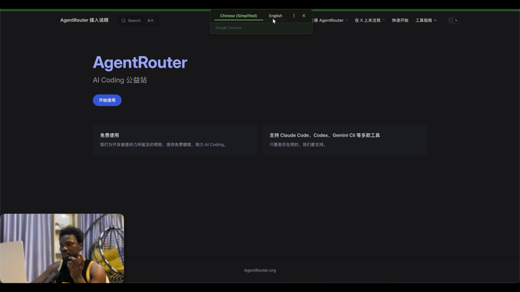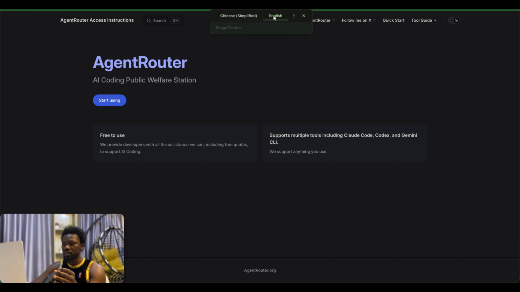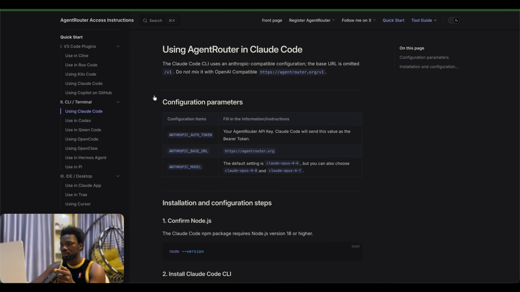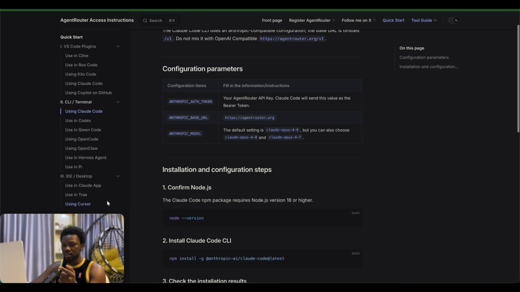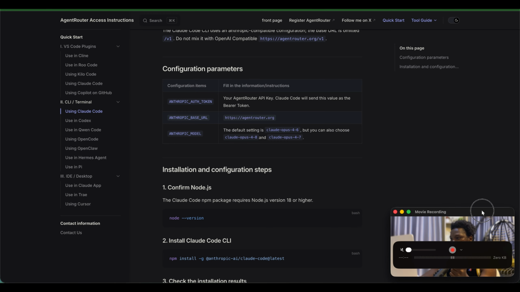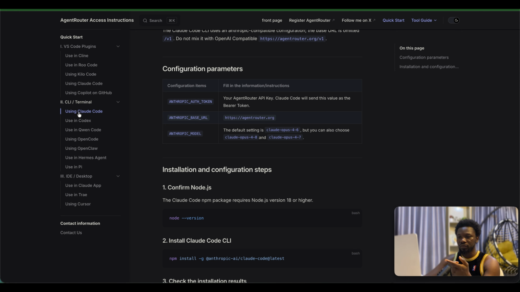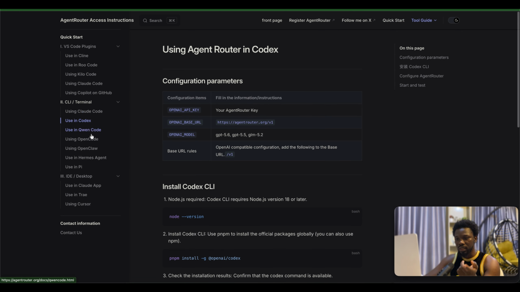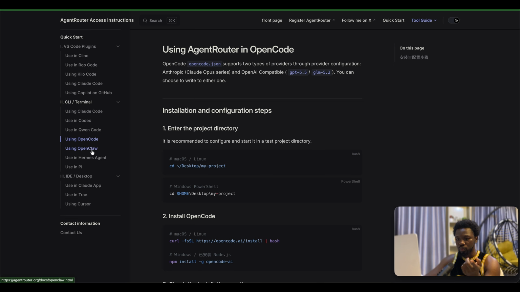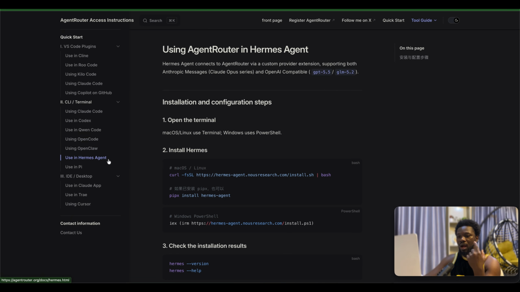Now in the documents, it is actually Chinese. So if you're using Chrome browser, just change it to English, and right here just click on start using. So here you would see, depending on the platform you want to make use of, if you want to use it for Claude Code, for Codex, for Qwen Code, for OpenCode, for OpenClaw,